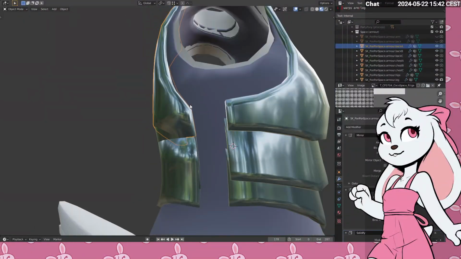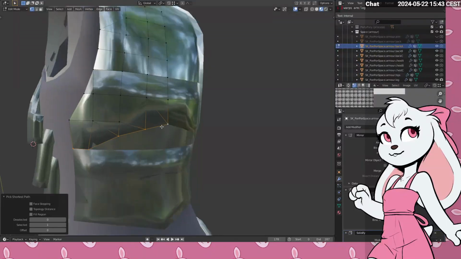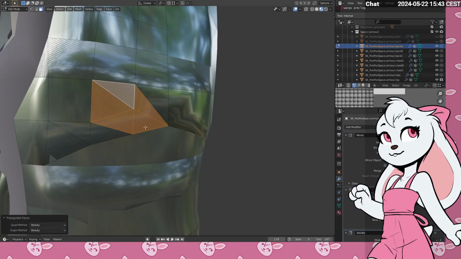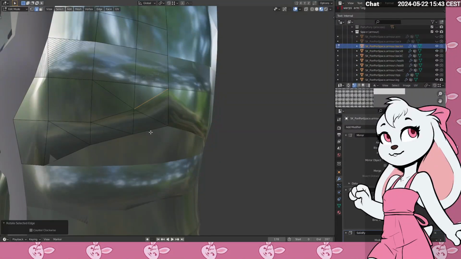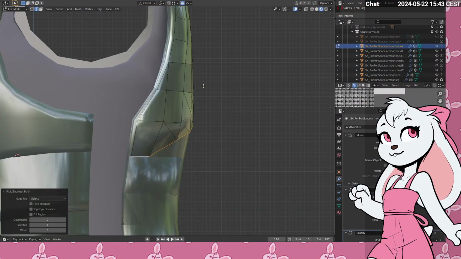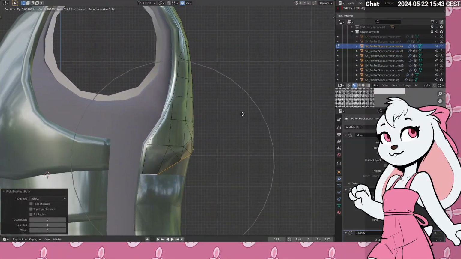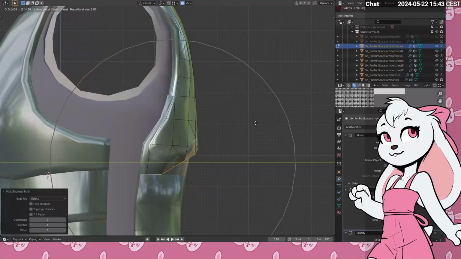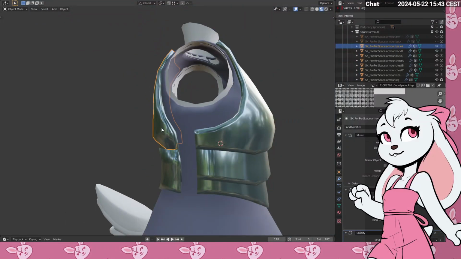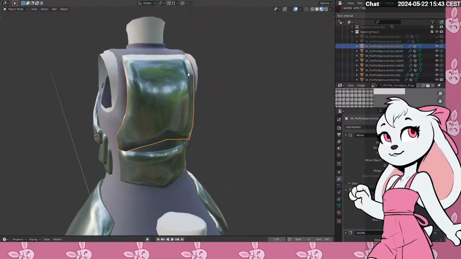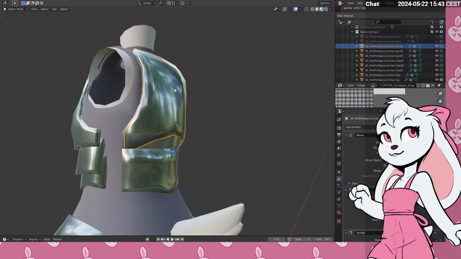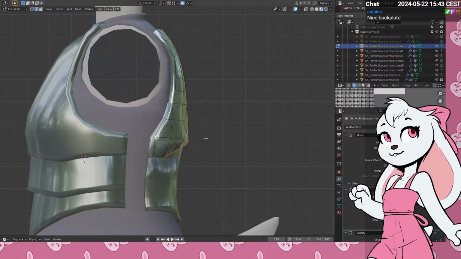So, okay. Something like that. It would be good after having the, because with the texture I'm going to add a normal map, so I can add